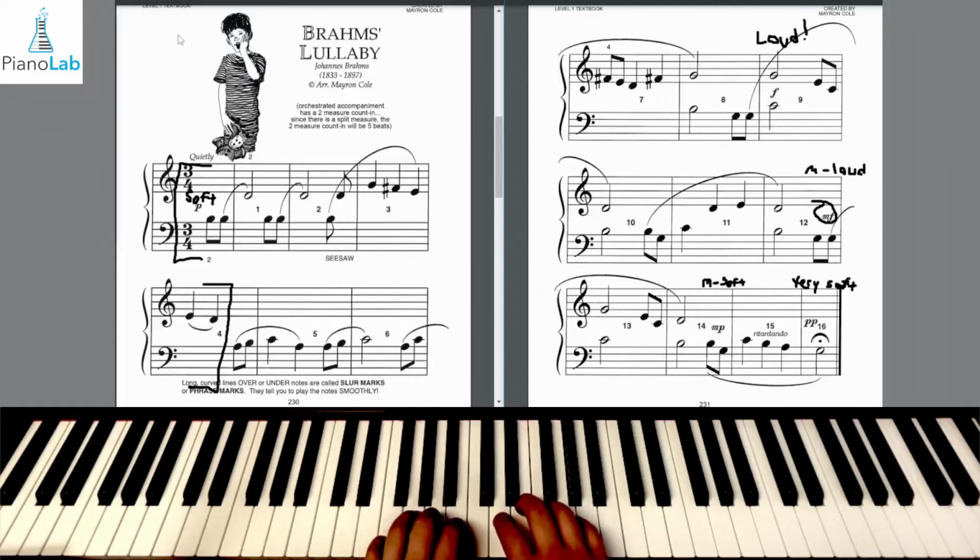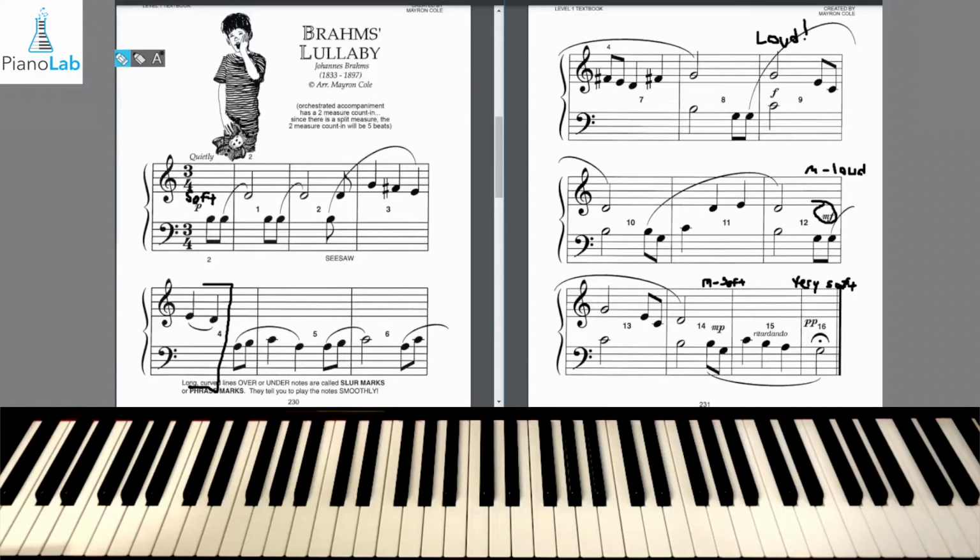Okay, now let's try the first 4 measures at a steady beat. Here we go. 1, 2, 3, 1 and 2 and hold for 2, for 2. Space. And there would be space after measure 4. Very good. A lot to think about, a lot to practice with our phrasing. And don't worry, we're going to get it in time.